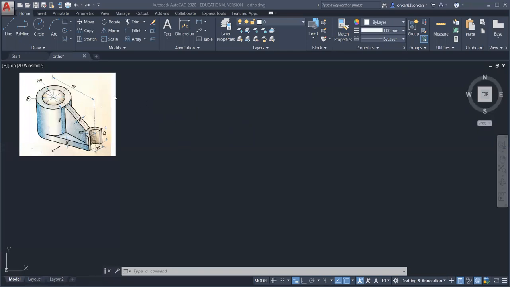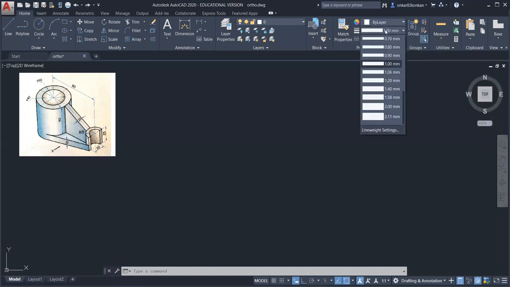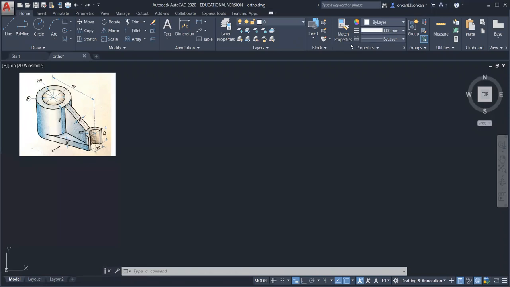So here your first step will be, you should draw the X1, Y1 and XY line. So in AutoCAD software, to start the drawing, first check the line color. So it must be bylayer. Then this line type, it should be bylayer, and then select the construction line.